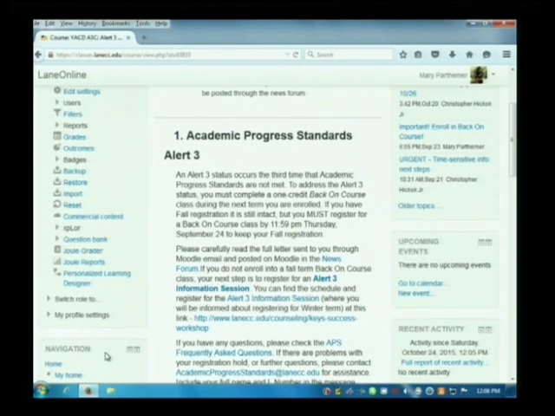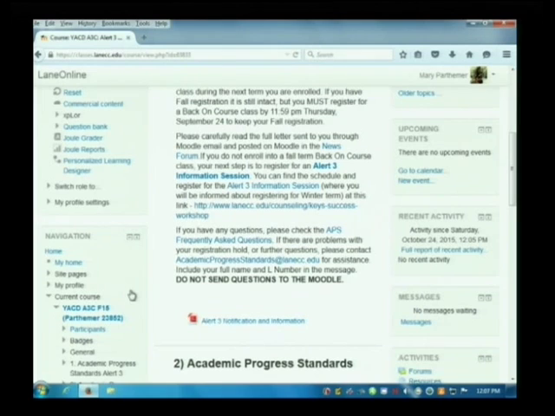Is everybody planning on getting back in school in winter term? You can see the class schedule starting today, and you can start registering as soon as next week. If you complete everything today, you will have the ability to register at your registration date next week for a back on course class and other winter classes. So go through this. We're going to go through some information today, but make sure you understand what the academic progress system is.